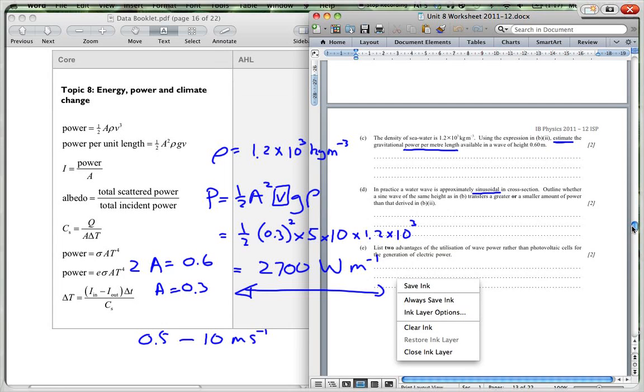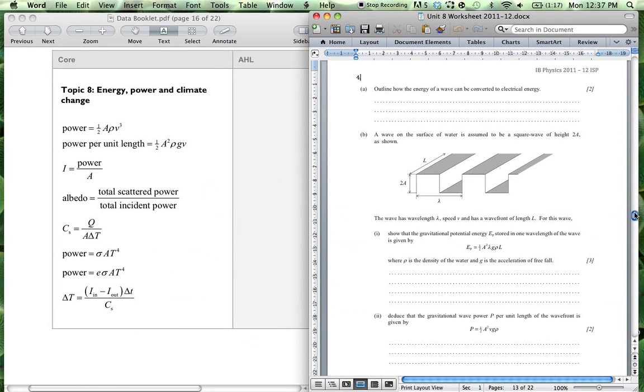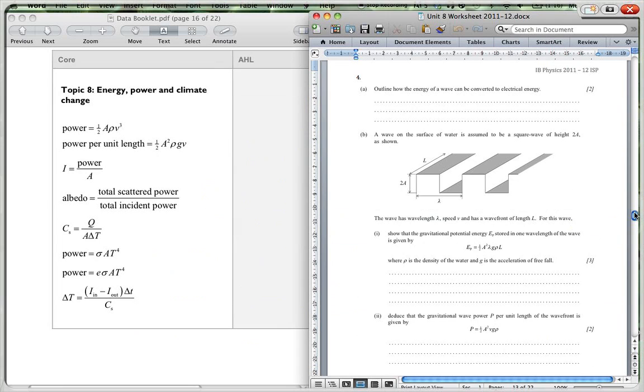So let's just go back to our picture here. Now a sinusoidal wave would be something like this. I think you can see here that if we took this wave over here, like that,